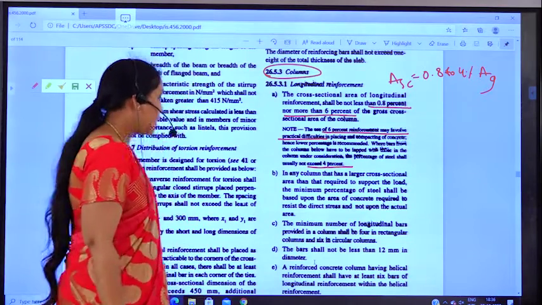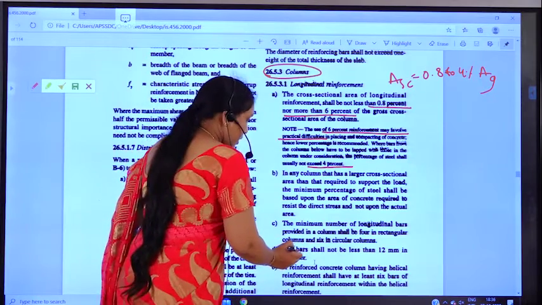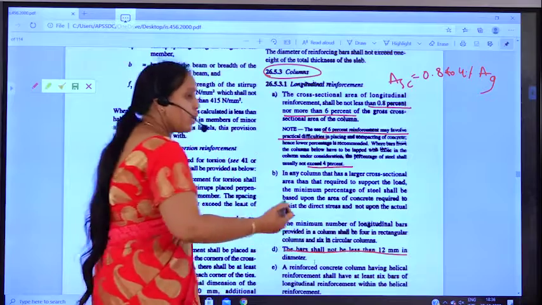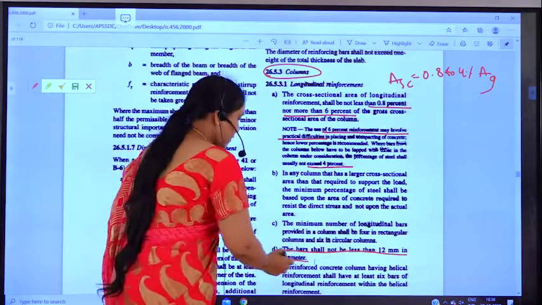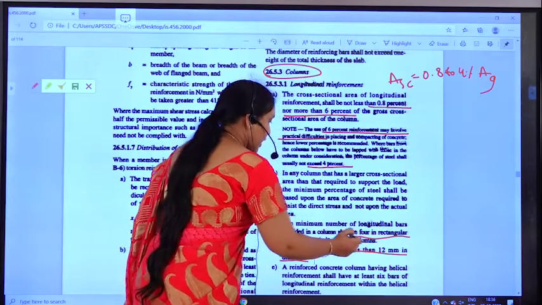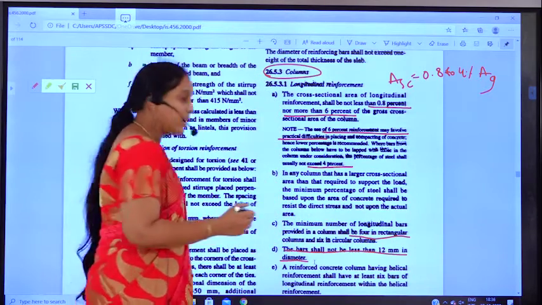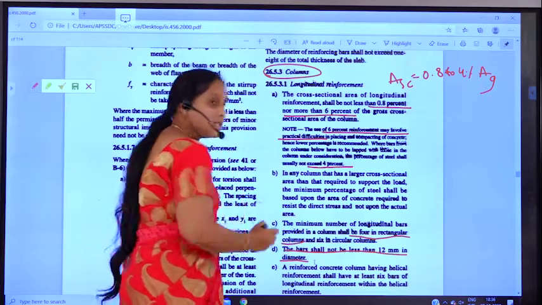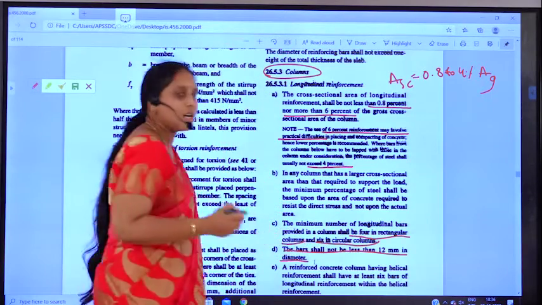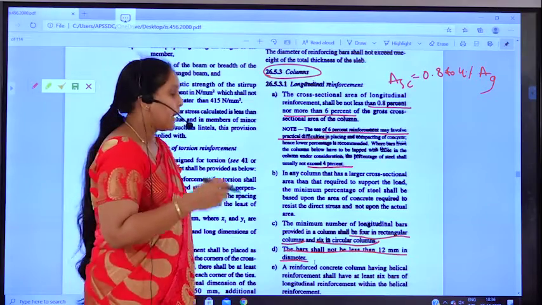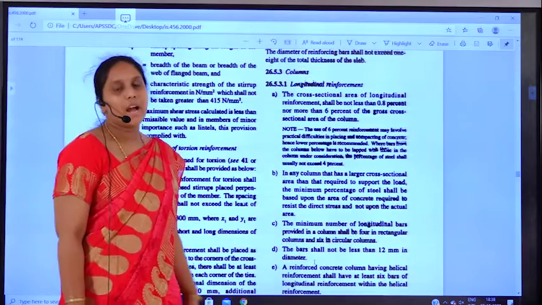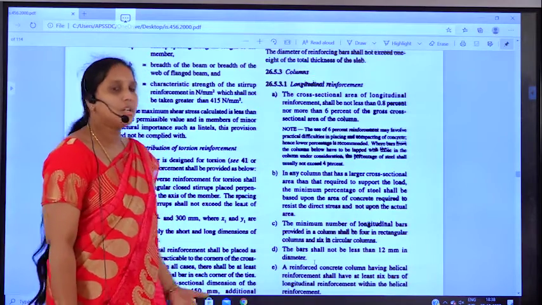And the bars which have to be provided as longitudinal reinforcement should not be less than 12 mm in diameter, and there should be a minimum of 4 bars provided in rectangular columns, and a minimum of 6 bars provided in circular columns as longitudinal reinforcement. So this is how we have to find out the